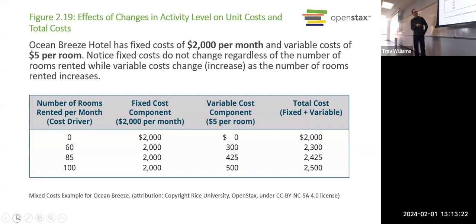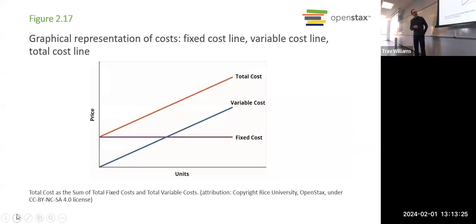We looked at this hotel example that had the fixed and the variable costs. And we saw how the fixed cost, again, this is the total fixed cost, stayed the same regardless of how many units they rented out, right? But the variable cost goes up based on how many units, how many rooms. And then when you add them together, the total cost, which is the fixed plus the variable, starts here, right? Because even if they rent out 0 rooms, they still have $2,000 of costs. And then it just goes up parallel to the variable cost line.